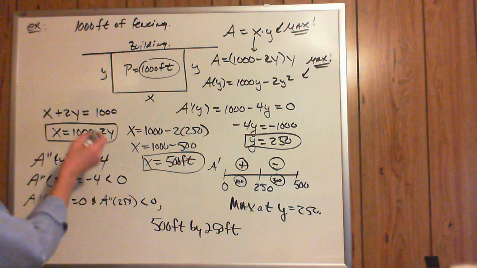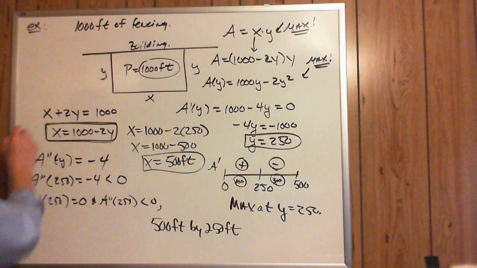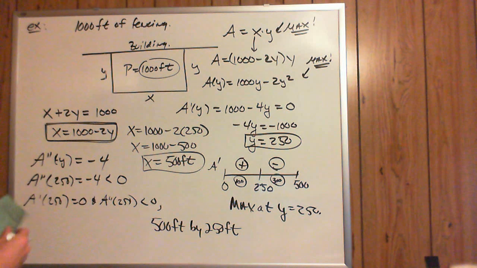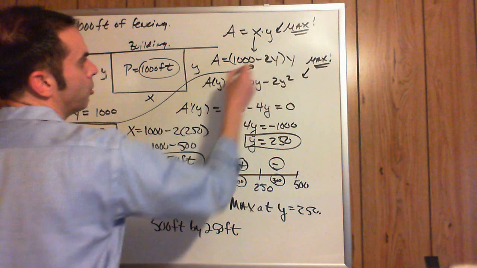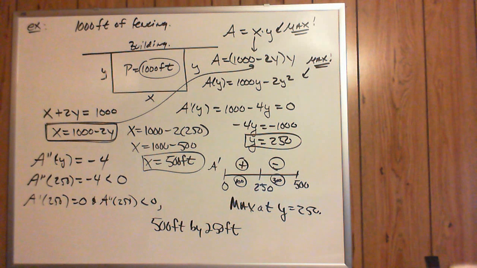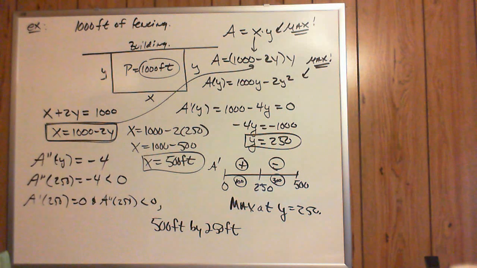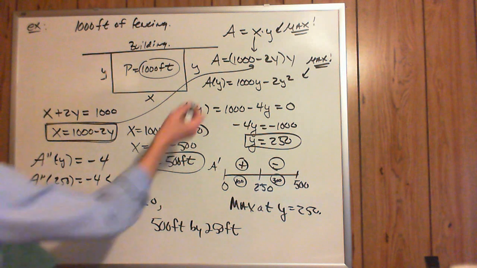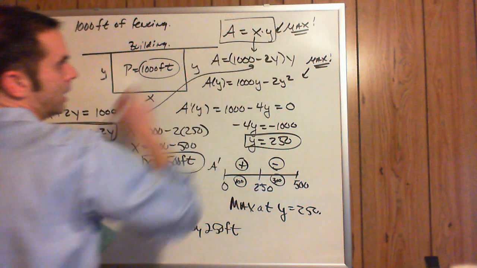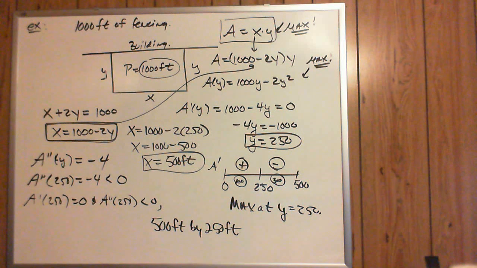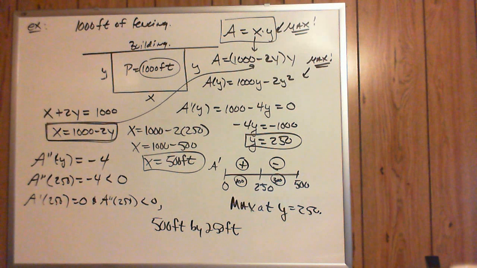Okay, so back here again, it's easier sometimes to solve for one variable in terms of another and do the substitution so that we don't have to do a product rule on two different variables. We could do that, it just is a little longer to get there. And realize this is the function we want to maximize. We wanted to maximize the area, so that is the function we take the derivative of. Okay, next, and the last one